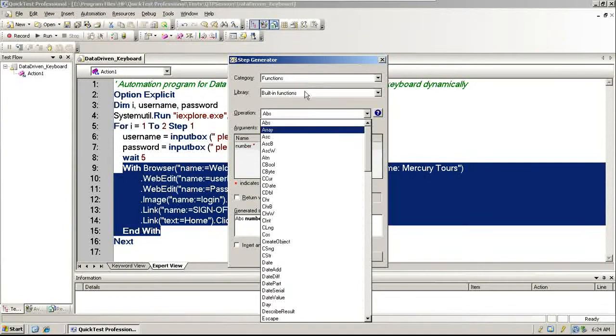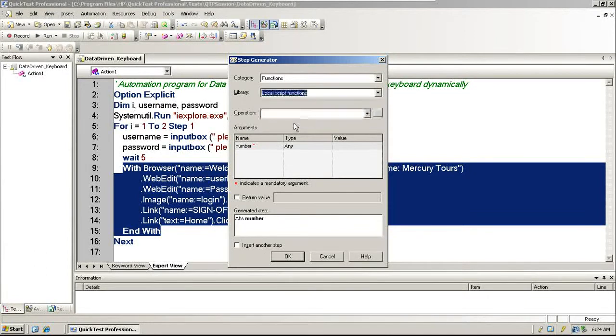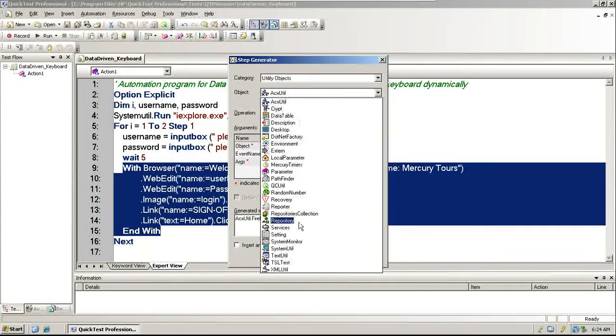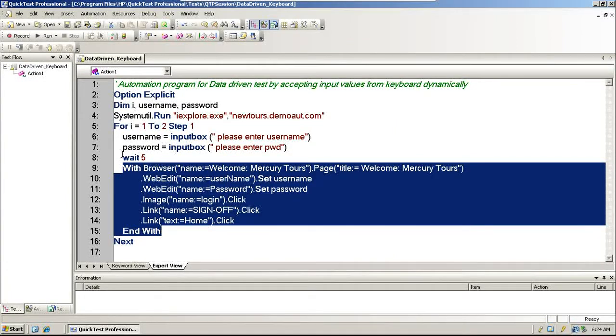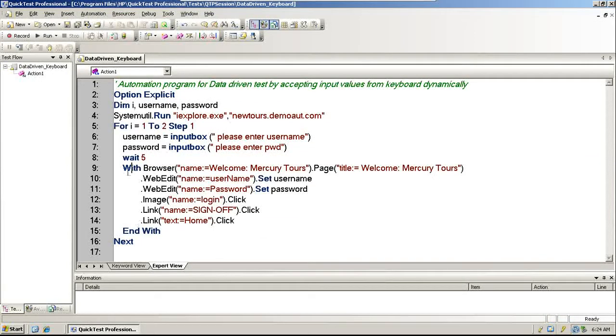Not built-in functions either. Local script functions, no, it's not a function, maybe utility objects. No, it doesn't come under the step generator. Okay, somewhere I have seen With, but if you remember With and End With, that's the loop.